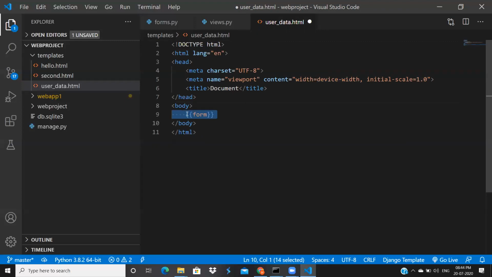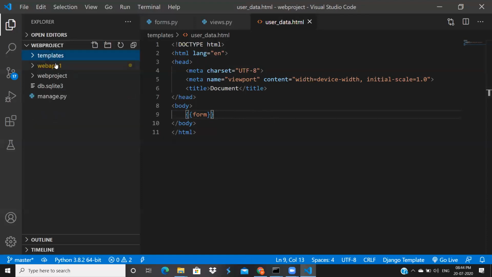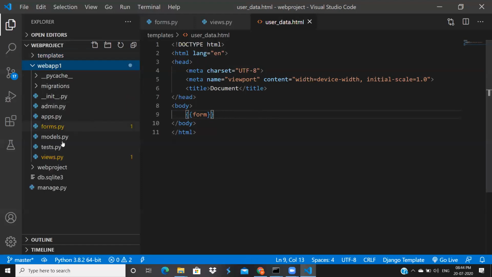I will define it inside double curly brackets: I open two curly brackets and close two curly brackets, and inside that I keep form. Just wait and see what will happen. This is user data.html, right?